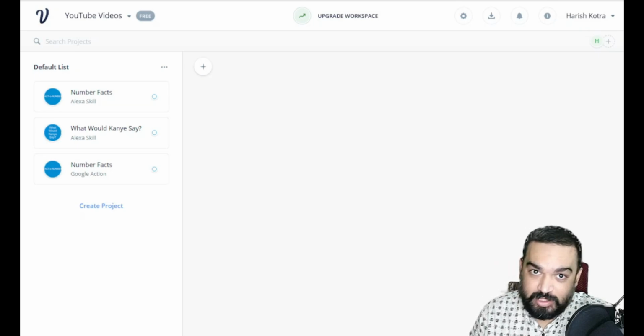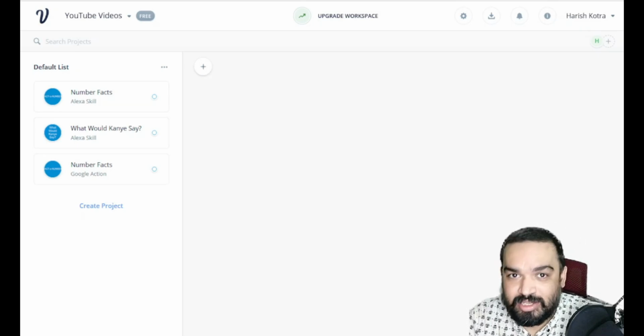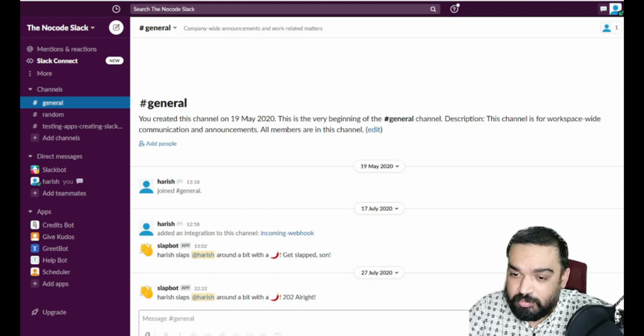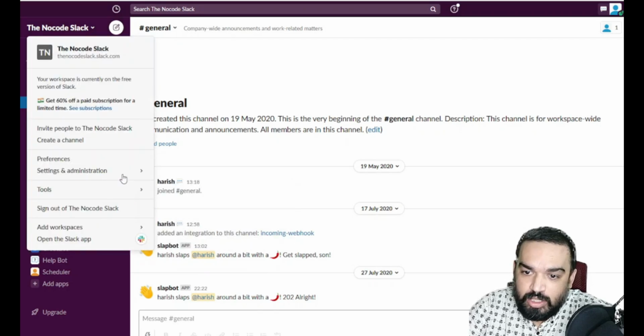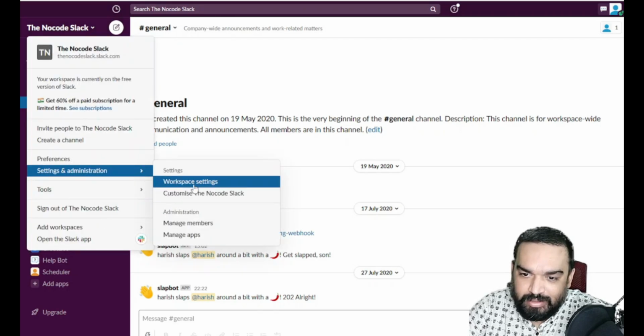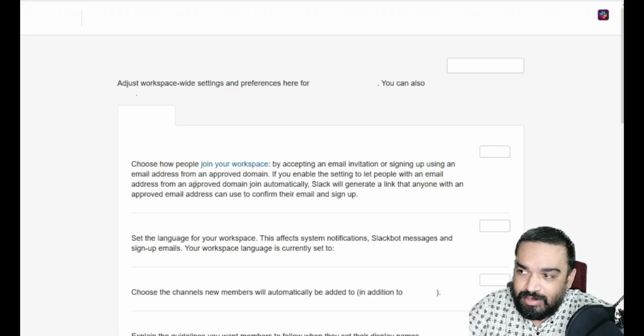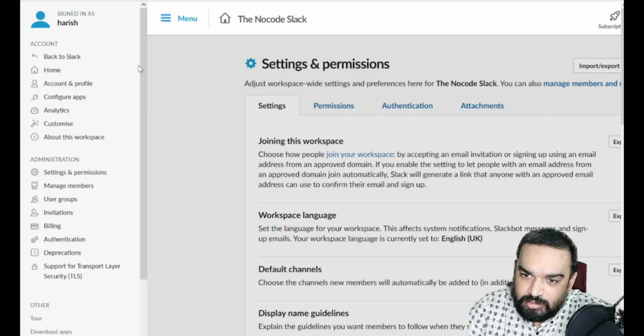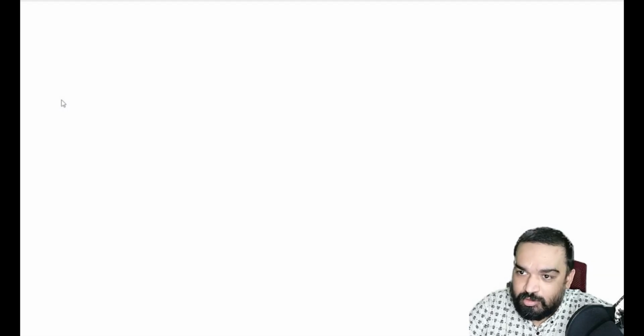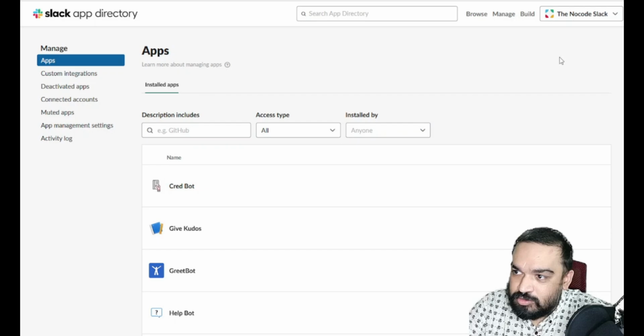So the first step is, let's take a look at how we can get the API key from Slack. Great. So open up the Slack channel that you own or you are the admin for, and from here you have to go to settings and go to workspace settings. Let us go from there, and from here, what you could do is use the menu, and you can go to configure apps, and from here is where we will create an app first and then get the API key. So to create an app, all you have to do is go to build, right?